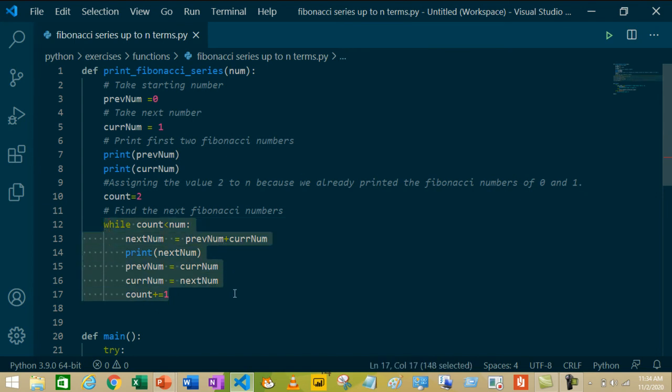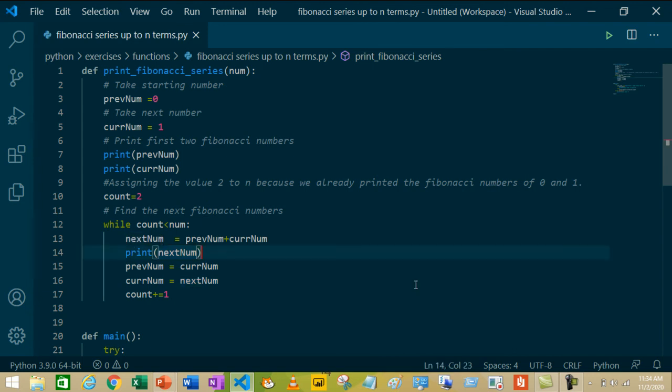Next, we are creating a variable called next num and assigning the sum of previous number and current number as its value. So as 0 plus 1 is equal to 1, next num's value is 1. So we are printing next num.